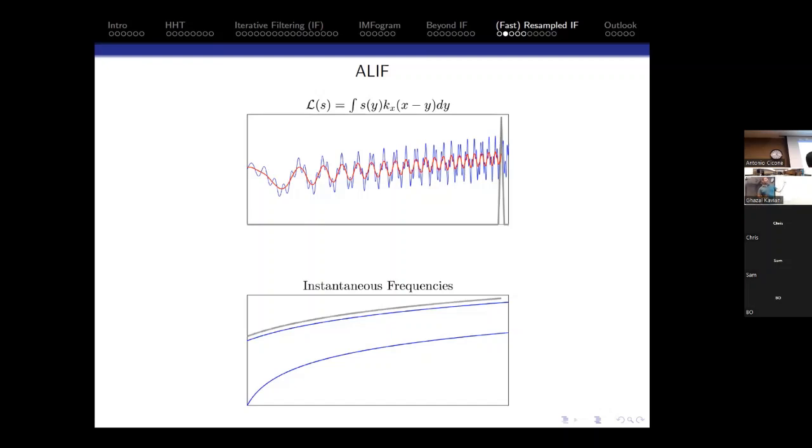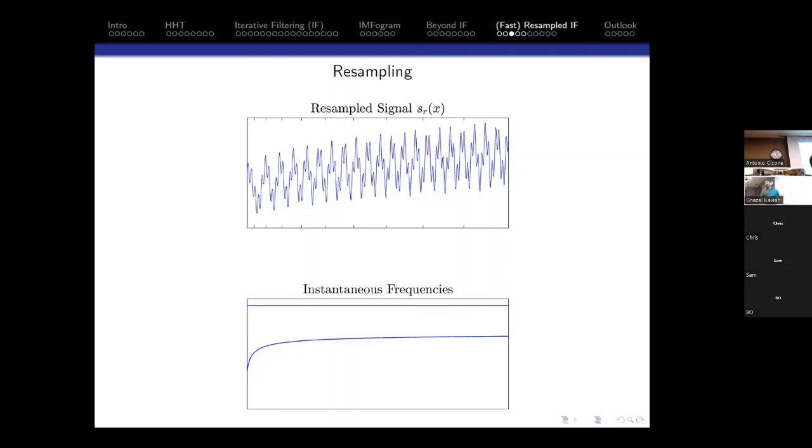But that was not working. So then we had the idea to switch the problem. If you do a change of variables here, instead of y, use g of z, and g is just a resampling function. You choose it in a way that the resampled signal becomes a stationary function, so it's not changing anymore. So this filter now is basically a fixed filter. But the new signal is a resampled signal whose highest frequency component is now stationary. So it's just a resampling, right? Okay, that's the best thing. I mean, super simple, but it works. Yeah, so it's magic.